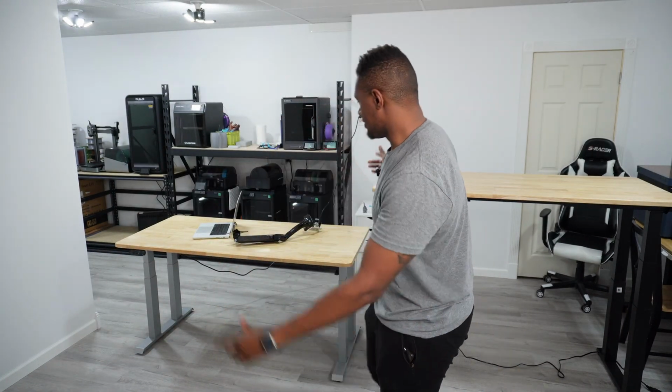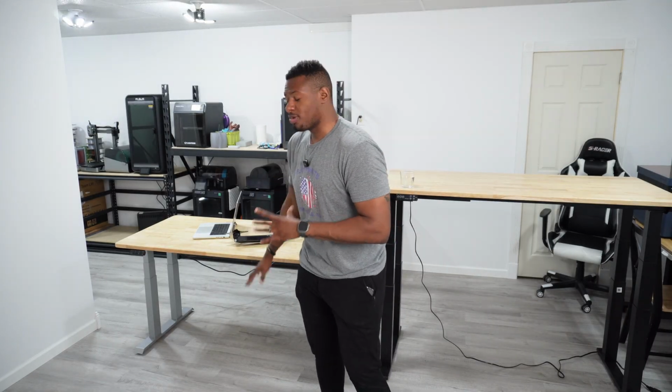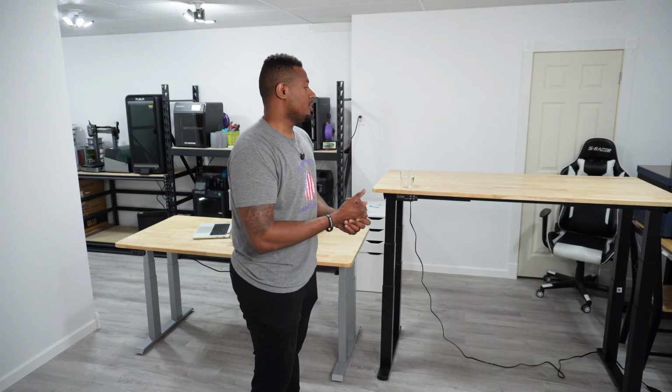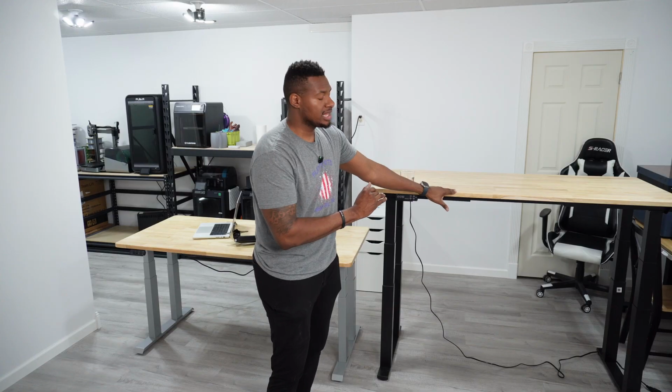So when it comes to buying a desk, especially for a setup like I have down here, putting 3D printers on here, I'm going to be able to use both of these for sure. But if I were you, especially knowing that I can pick this up for under $1,000,